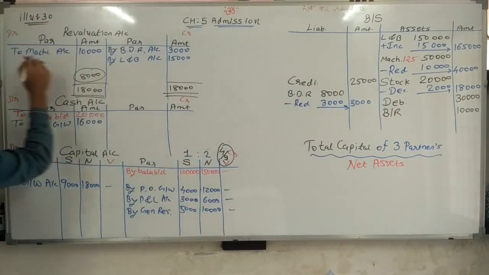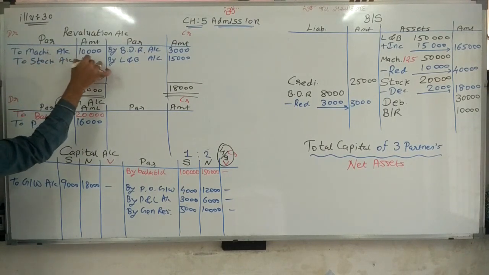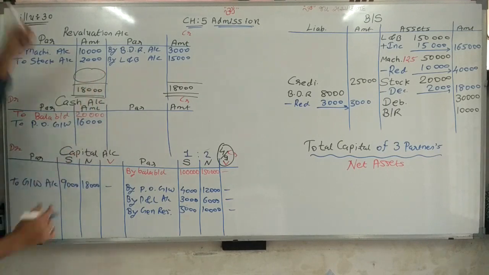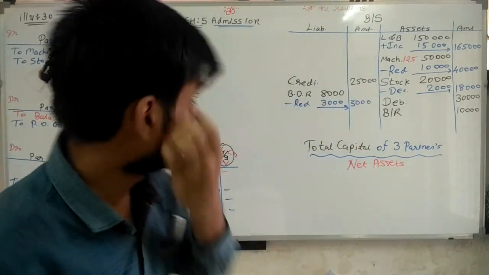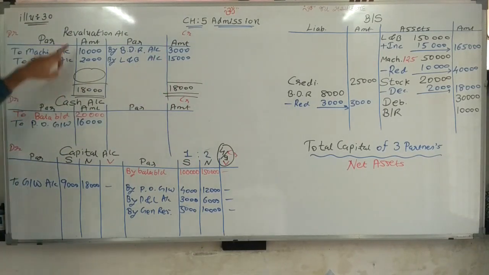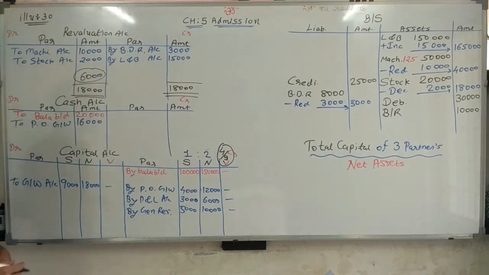So the stock value decreases and 2,000 is set off. So 3,000 plus 15,000 is 18,000, 18 minus 10 is 8, 8 minus 2 is 6,000. So 6,000 is my